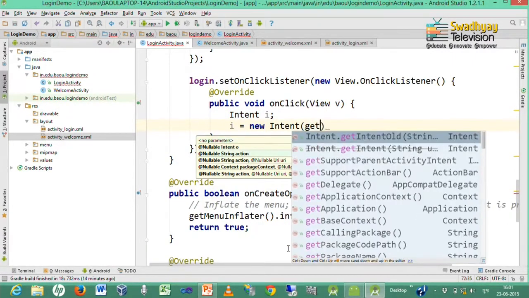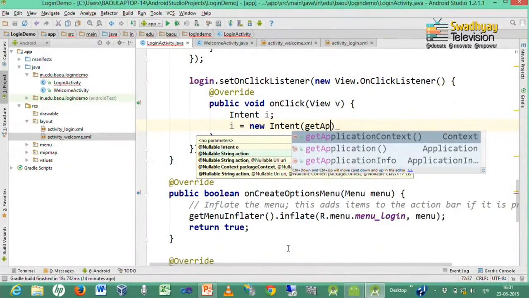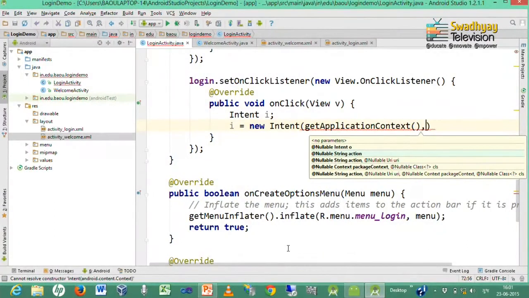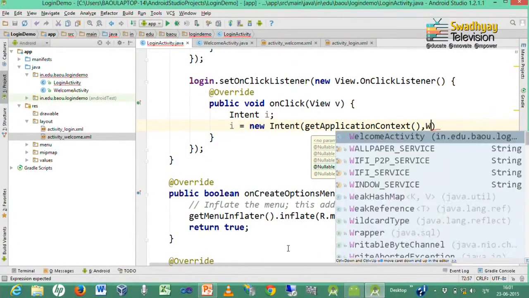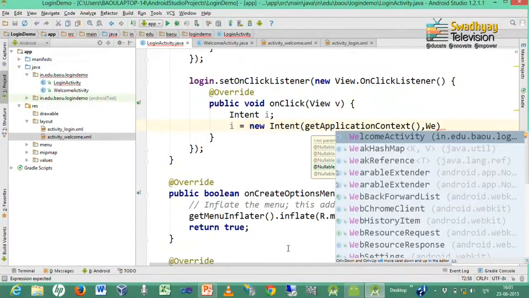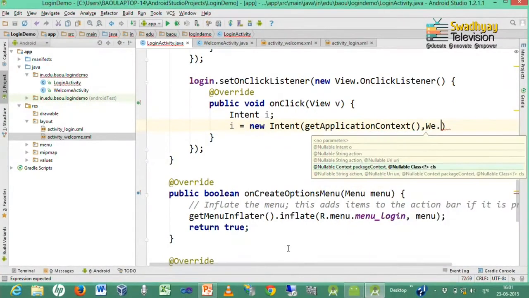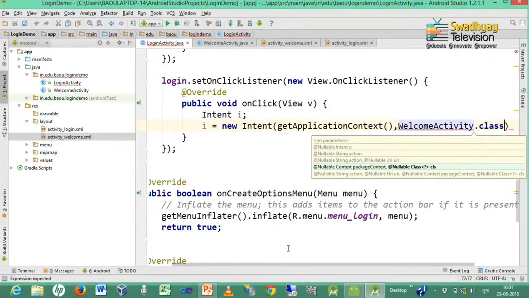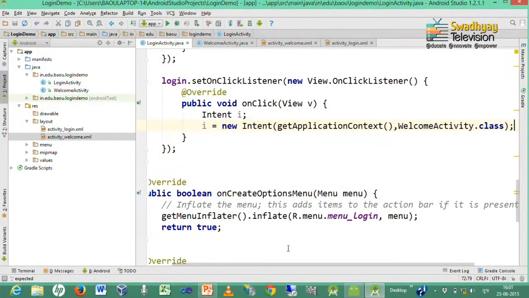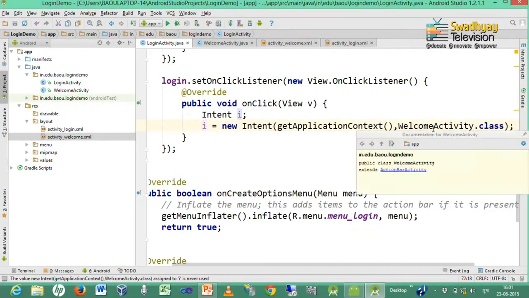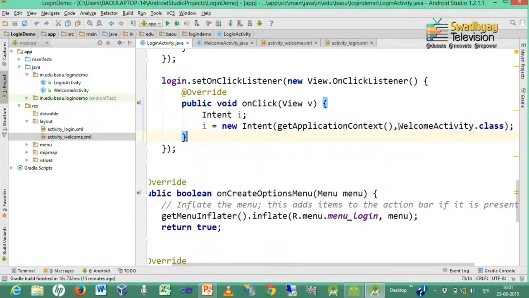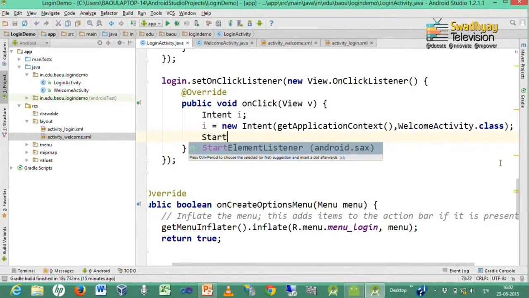Here we provide two arguments. First is application context and second is the activity that we want to start. In this case it is a welcome activity, so, WelcomeActivity.class. So, this intent is meant for starting the activity which is specified as the second argument, and you can call startActivity